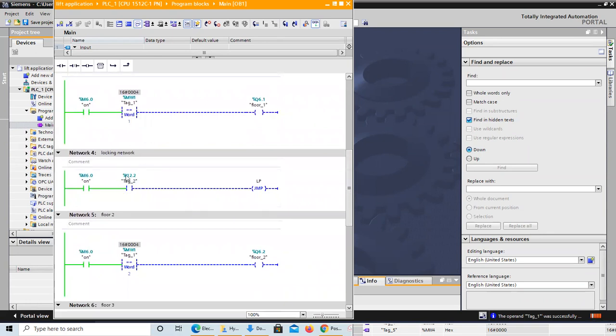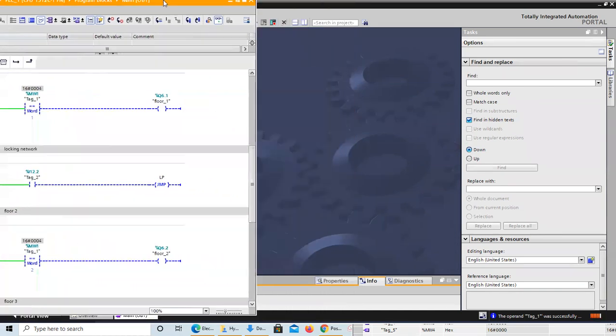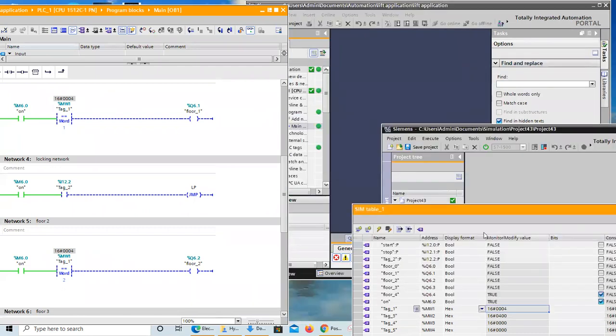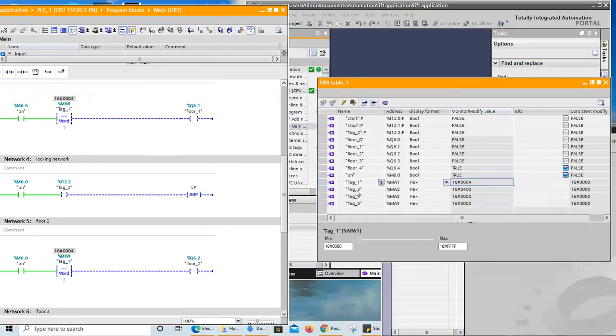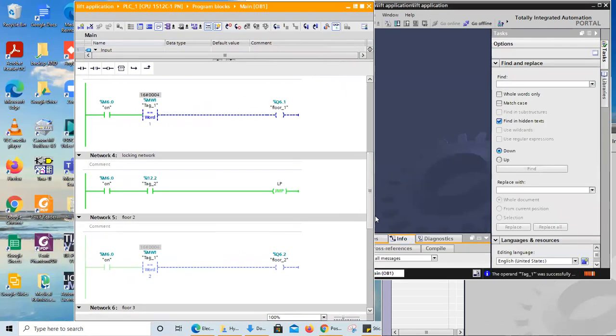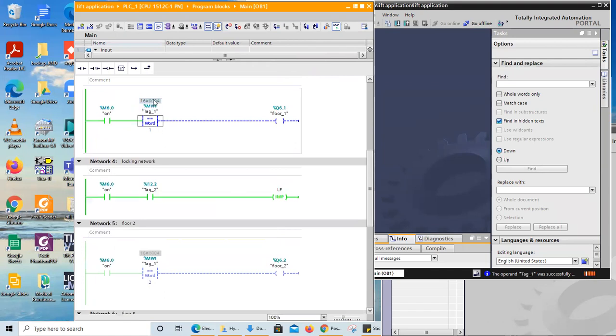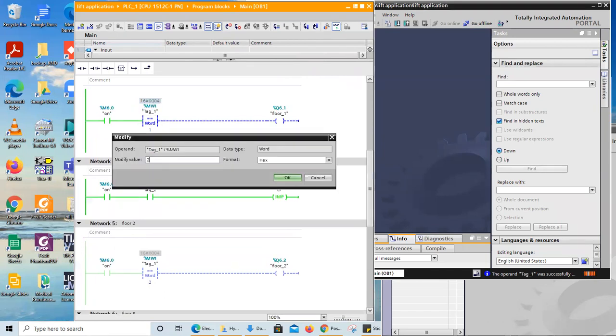Tag 2 is what I have named it. You can see here tag 2. Once I activate this tag 2, now the jump instruction is activated here. Now you press the second floor. See, I modified and pressed the second floor.